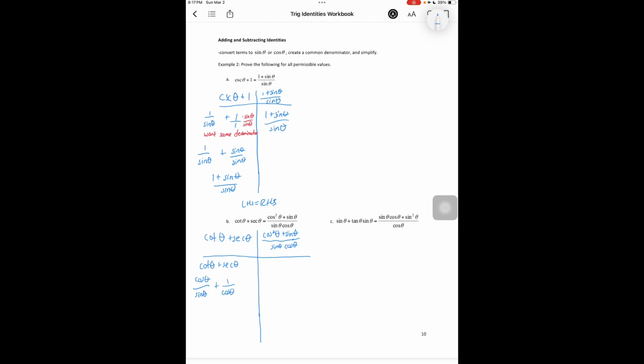And secant is 1 over cos theta. And we want this to be the same denominator. So in order for this to be the same denominator, we have to multiply both by the opposites. So here we're going to multiply this by sine theta over sine theta. And then we're going to multiply this by cos theta